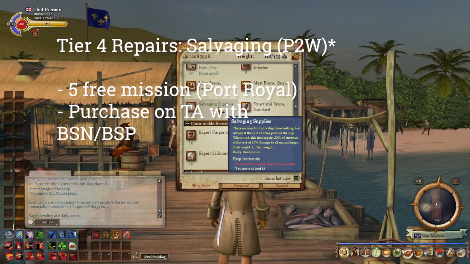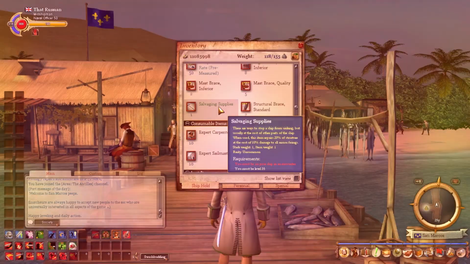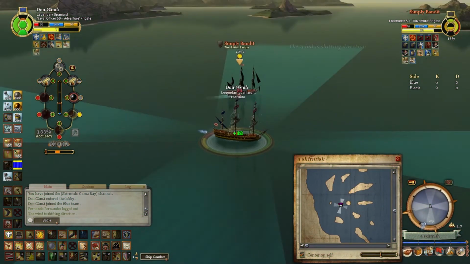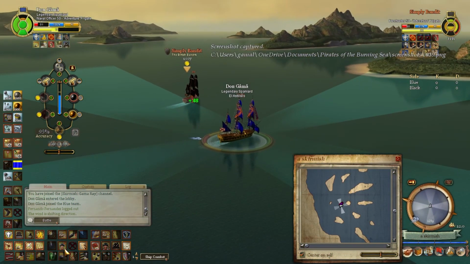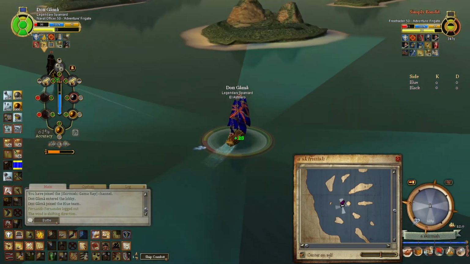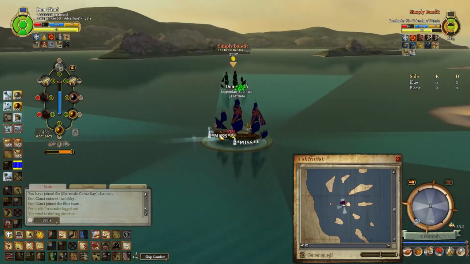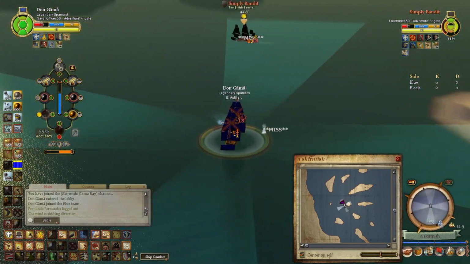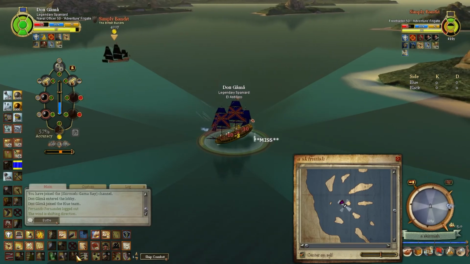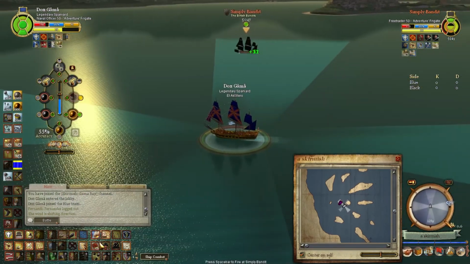However, it is on its own totally separate cooldown, so if you have salvaging repairs, it can actually give you quite the competitive edge over your opponent. It actually saves your life a lot of times. Now, for instance, imagine if you and your enemy have both burned your career repairs, you've both used an admiral's, you've both used an expert carpenter's, but you have a salvaging supply and the enemy doesn't, you have the advantage over the enemy because you can outlive the enemy